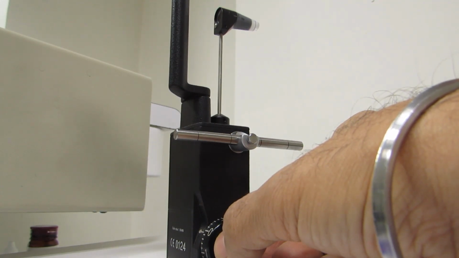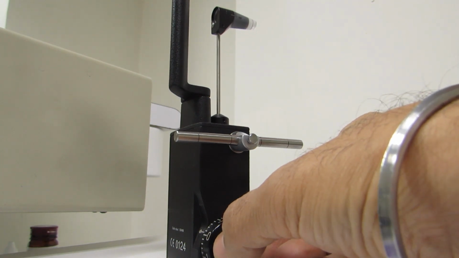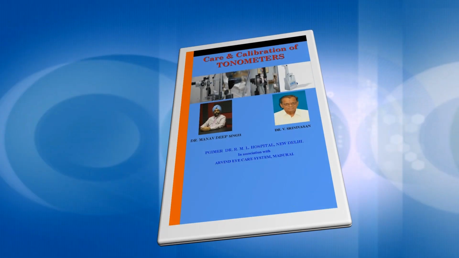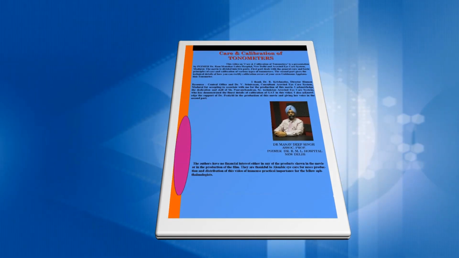If any defect is detected in the calibration, the instrument may need to be sent to manufacturer for repair. However, the technique of in-house calibration may be learned by going through another video by the same author. In the end, I conclude that all ophthalmologist friends of mine should not only learn this procedure but make it a standard examination protocol in their own clinics.